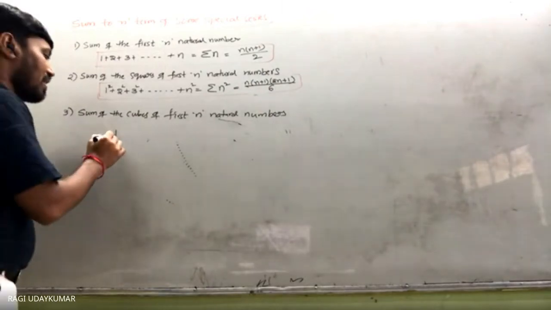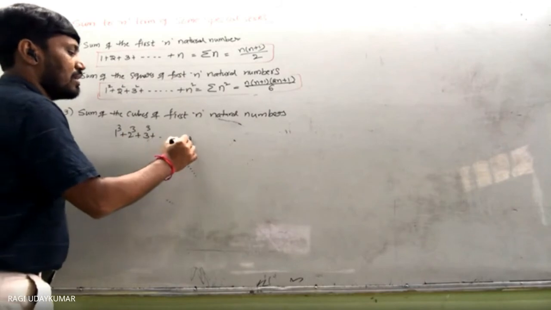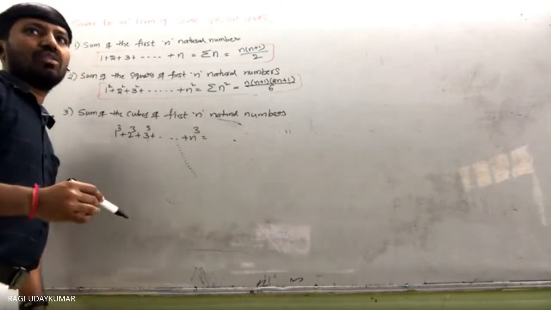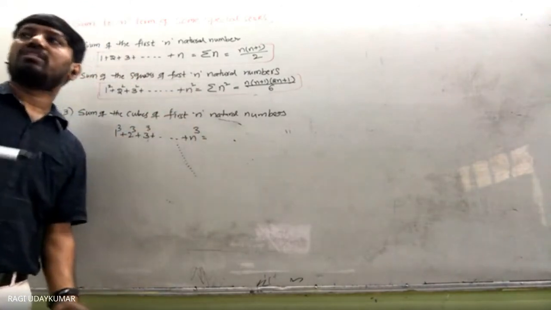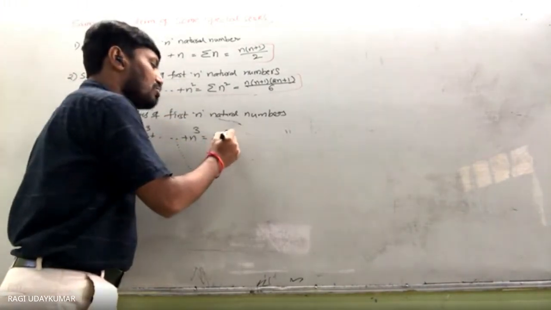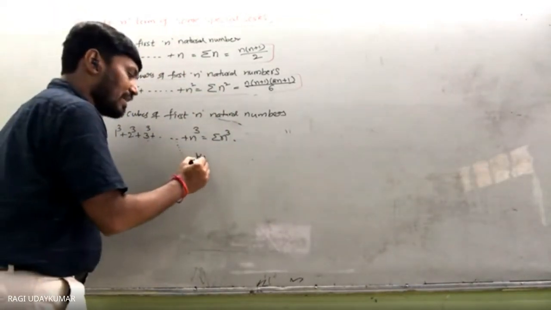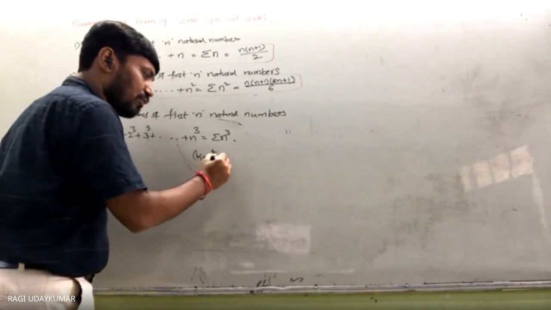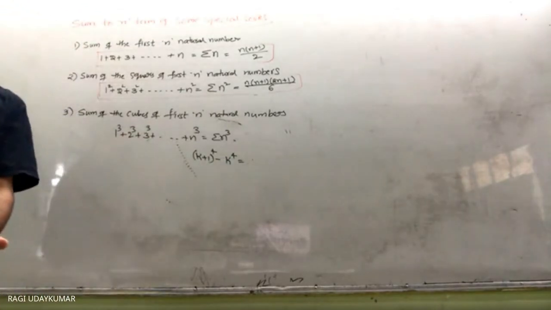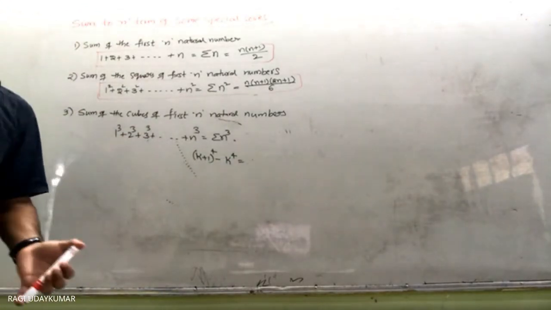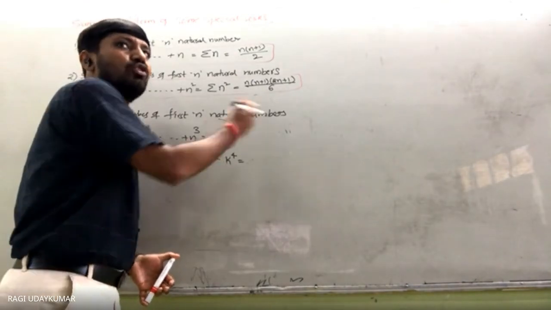So what is that one here? 1 cube plus 2 cube plus 3 cube plus and so on, n cube. This is equal to... In the same way, if you are substituting here, you need to prove this one. This is represented by sigma n cube. इसको prove करने के लिए you need to consider an identity k plus 1 whole to the power of 4 minus k to the power of 4, which is equal to, final में क्या आएगा? क्यूब में आ जाए, सम नंबर इनटू क्यूब. इसको एक्सपेंड कर ले तो k plus 1 whole to the power of 4 को क्यूब में आ जाएगा.